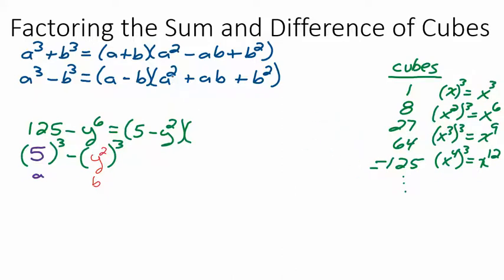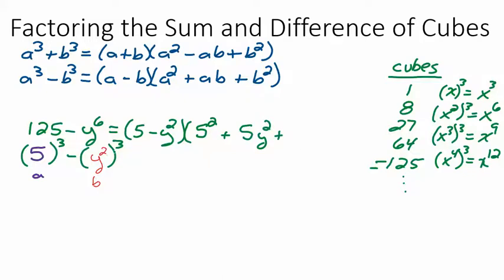So now I have to do a squared, so that's 5 squared. I'm not going to do it out just yet, just for clarity here. I'll write another line. Then a times b, so 5 times y squared, so 5y squared, plus b squared,